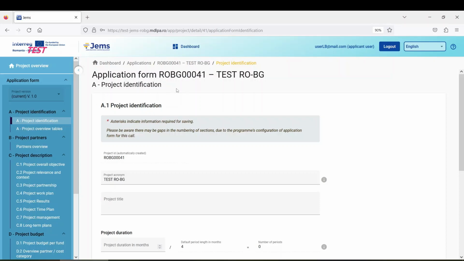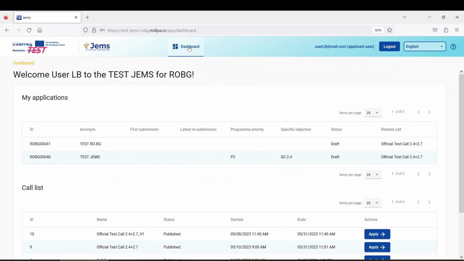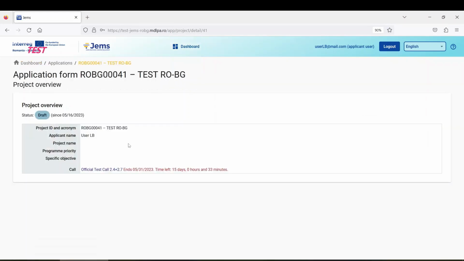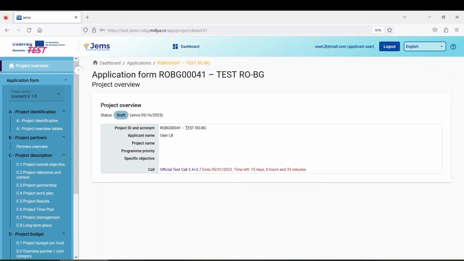Also, I mentioned earlier that wherever you are in the system, if you click the dashboard button, it will take you back to the dashboard screen, to the initial screen. And here you can see now that our newly created project appears with the ID ROBG41. If I want to access it, I just click on the project, and it takes me to the project overview, in which I have